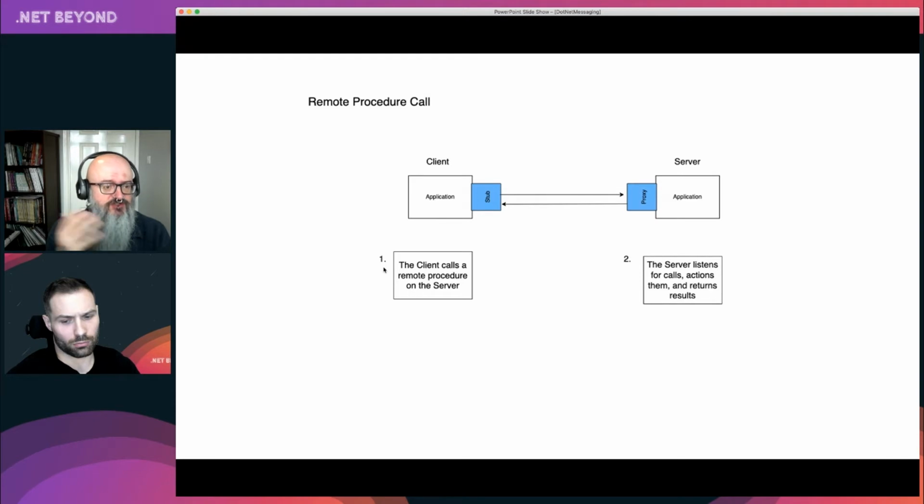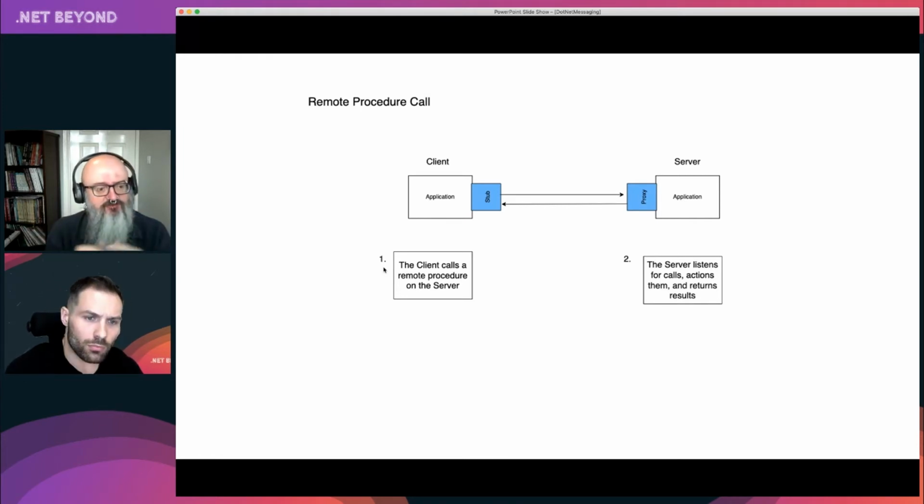It's actually on the server. And what tends to happen is I have some stub. Quite often my framework would generate the stub for me, which translates what looks like a local call to me into a network call. On the far side, I've got some kind of proxy that effectively does the same job, takes this network call and makes a call to a procedure running on the server. So things like WCF and gRPC all work this way.